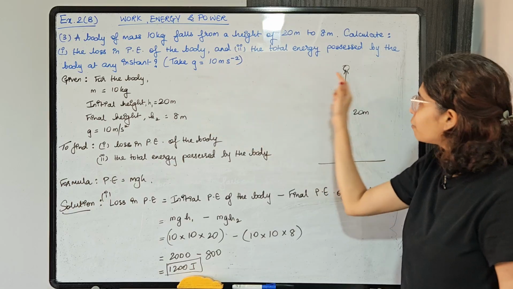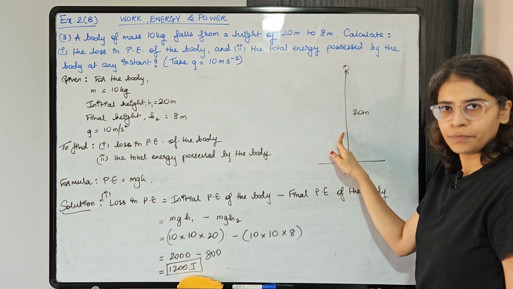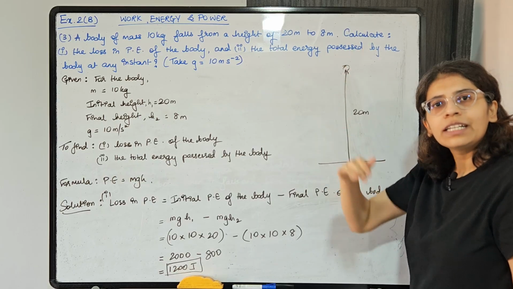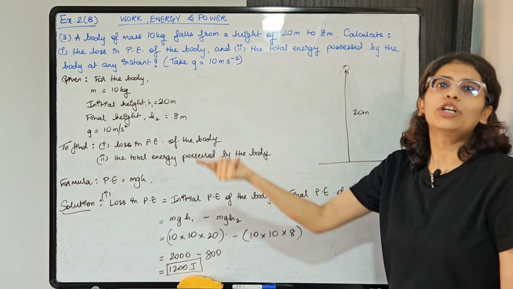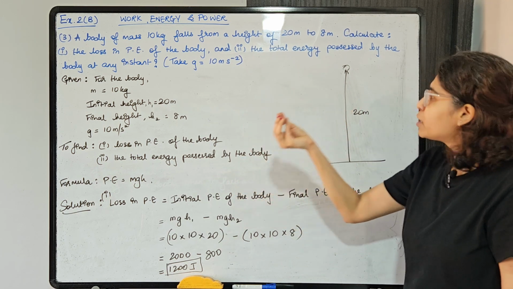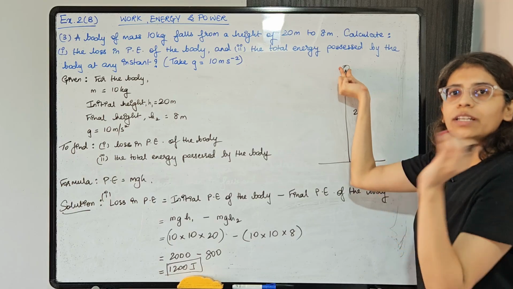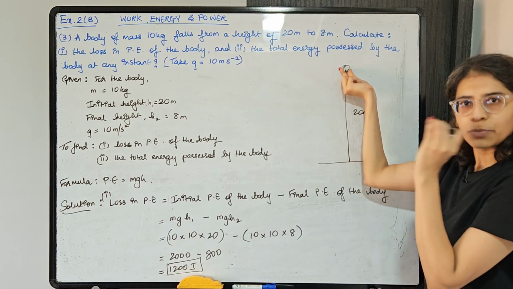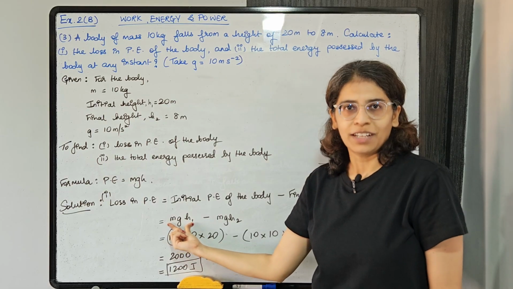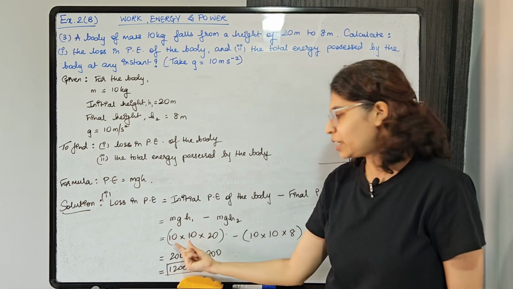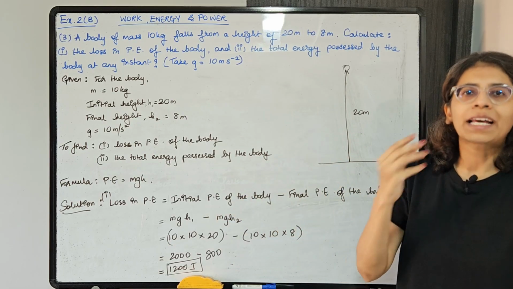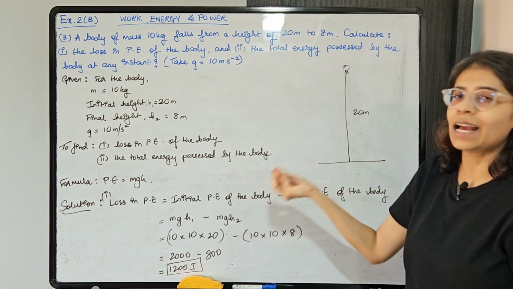Okay. Then, as you drop the body from top to bottom, what will happen? The potential energy will keep on decreasing and kinetic energy will keep on increasing if it is in motion. So this is the total energy that the body possesses at any instant. So mgh1 will give you the total energy. So 10 into 10 into 20 is going to be 2000 joules. That is going to be the maximum total energy that the body possesses.